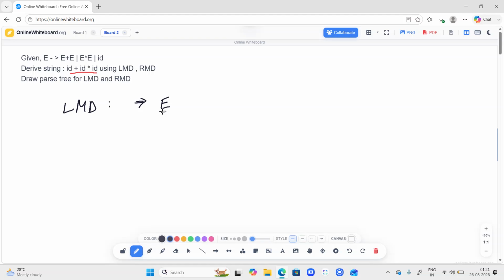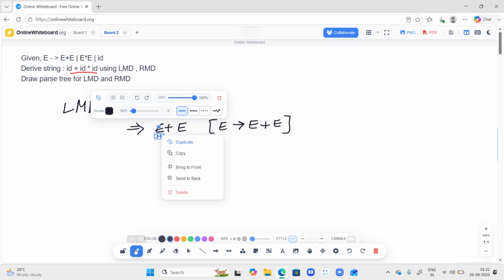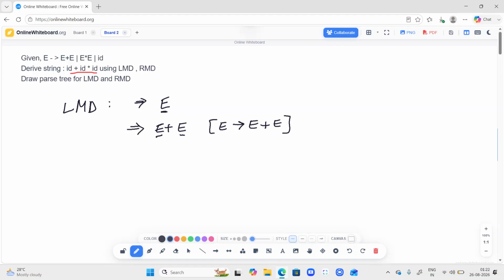In leftmost derivation, because there is only a single symbol, I'm going to replace E with, let's say, E plus E. You also have to mention the substitution rule, E derives E plus E. Now I have two options. Either I can replace this E or I can replace this E. But because this is leftmost derivation, I will always be replacing the leftmost variable. So this is my leftmost variable, this E, I'm going to replace it with